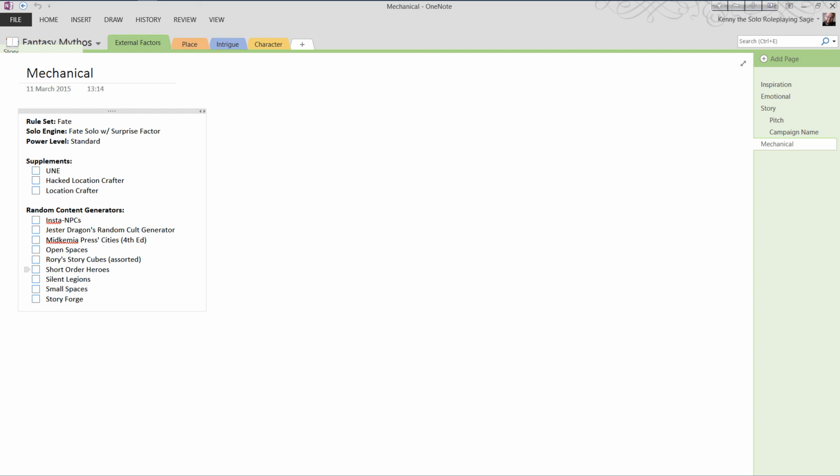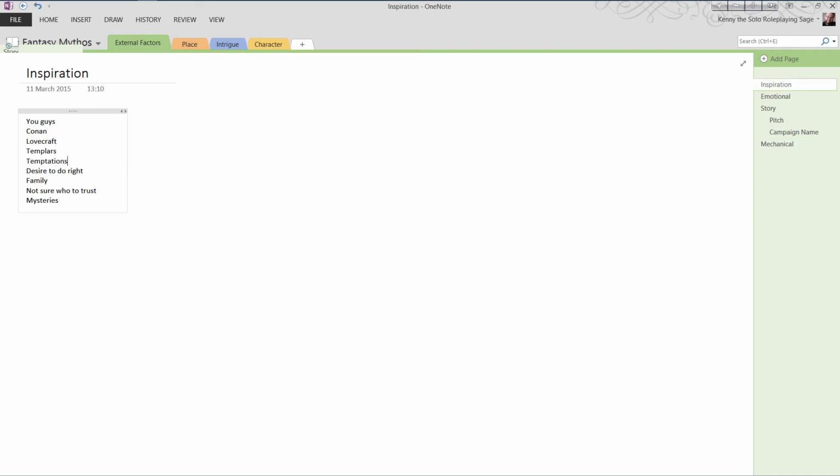I'll be using Short Order Heroes, and Silent Legions alongside the Jester Dragon's random cult generator will be used to create the Mythos and the random cults. Small spaces, and I'll be using Storyforge as well. That is the end of my external factors.